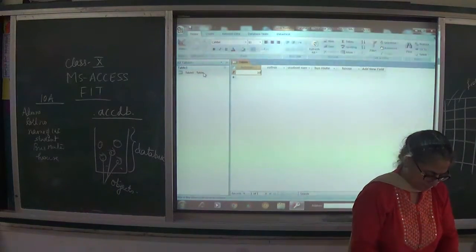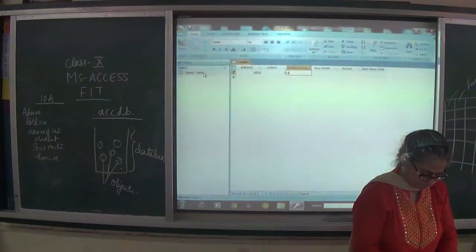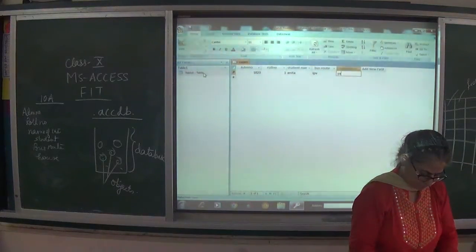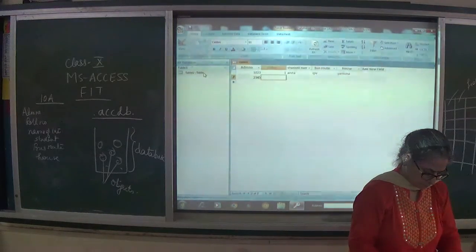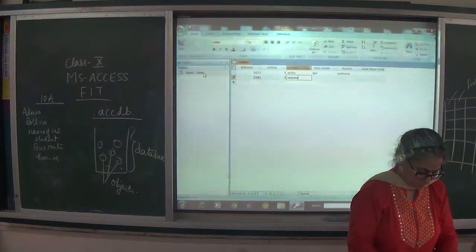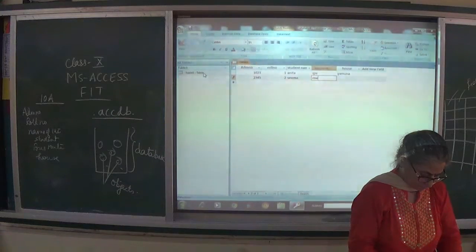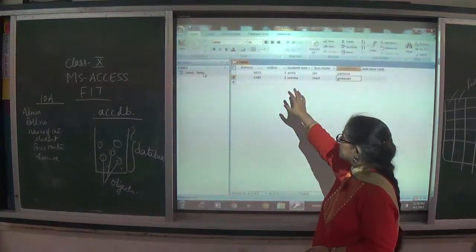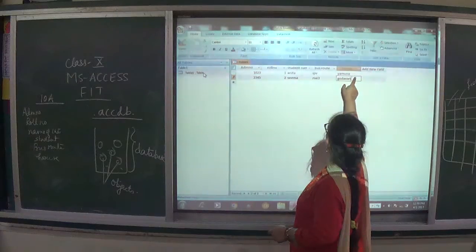Let's say if I am given here. And how many fields are there? 1, 2, 3, 4, 5 fields are there.